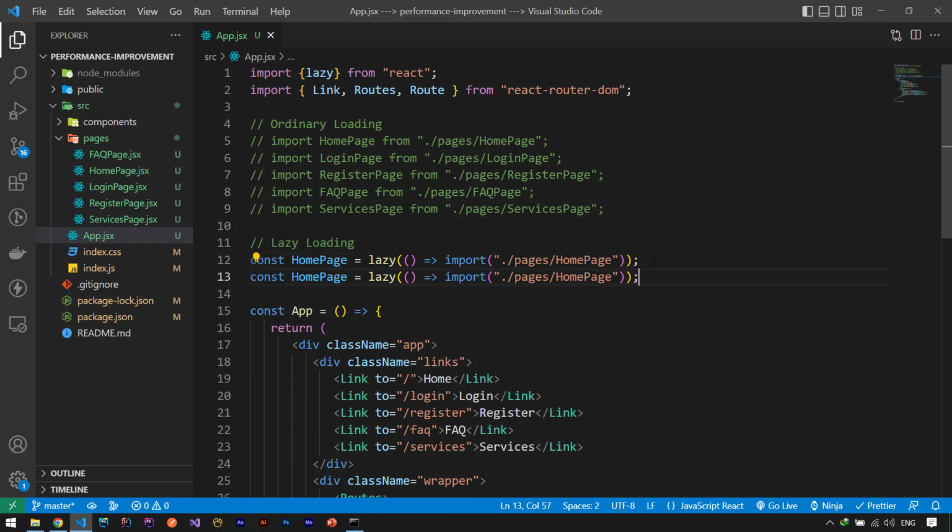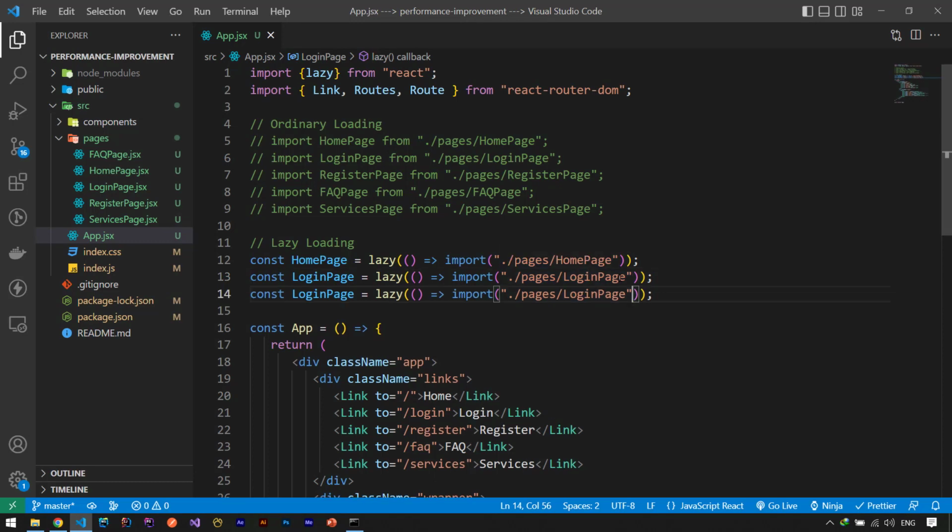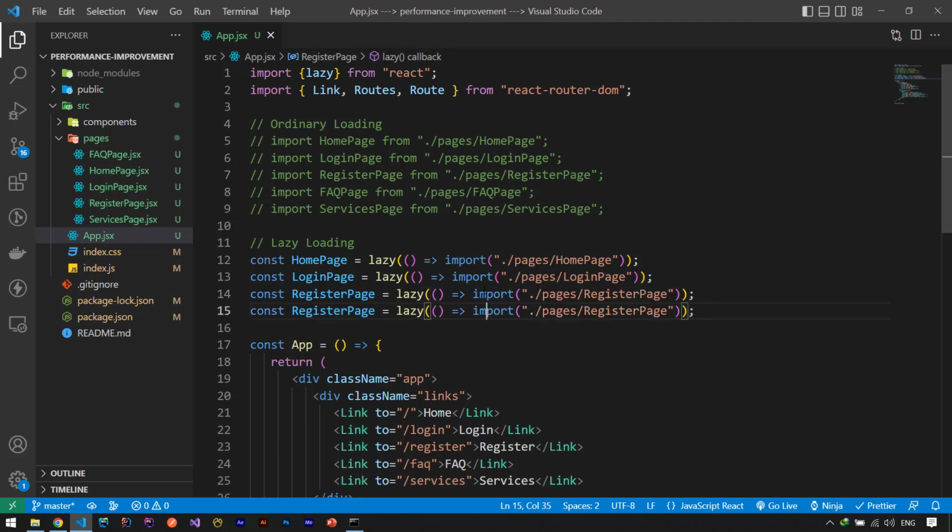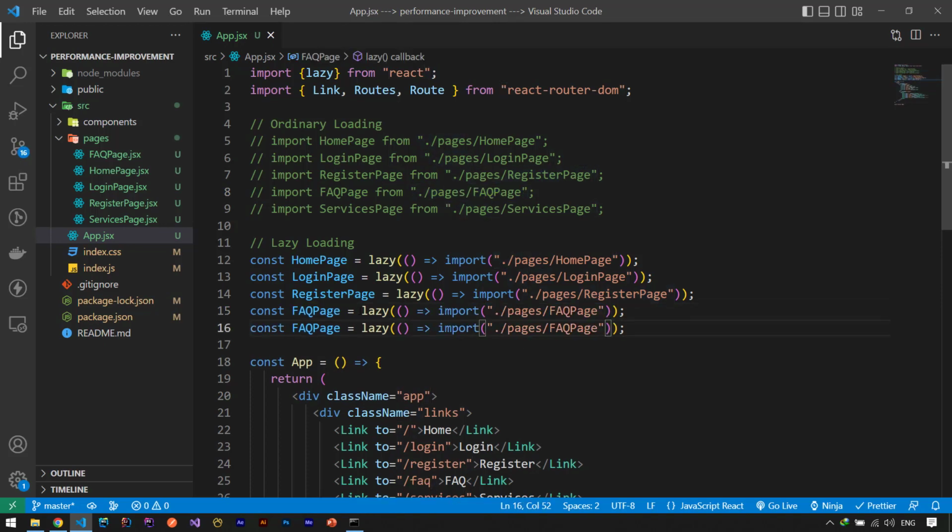So let's simply copy this and create the login page. So the login page is, let's copy this, importing this, copy again. Let's define the register page and copy this. I will explain all of them. I just want to be quick, so I will simply copy paste everything from the top to the bottom. Then we will check it. And finally, we need to have the service page,